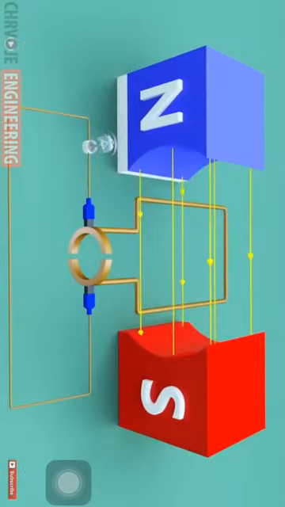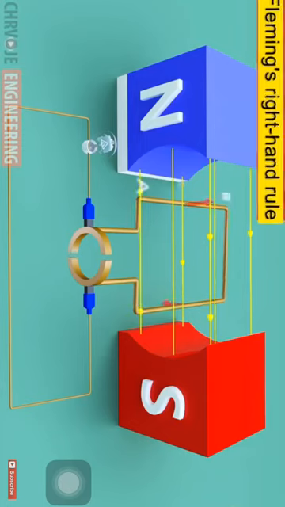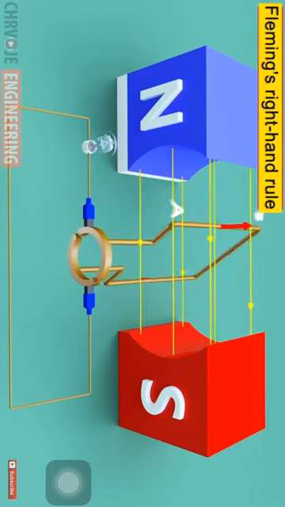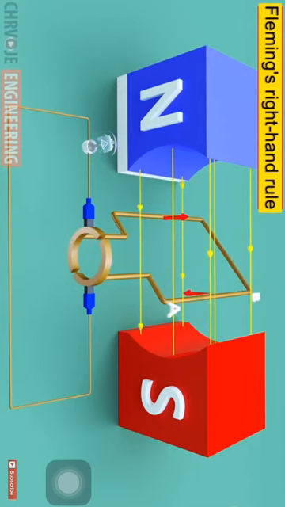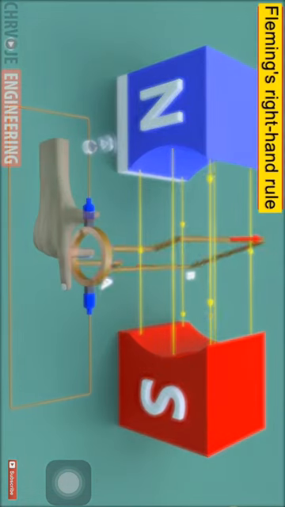The next thing we must mention, that it's really important for the working principle of the DC generator, is how we can determine the direction of the current, magnetic field and force. To determine all this, we must use Fleming's right-hand rule. So we will explain how we can use Fleming's right-hand rule. As you can see, the rotation of the coil is clockwise, and the force acting on part of the coil AB pushes that part of the coil upwards. So to know the direction of the induced current, we apply Fleming's right-hand rule.